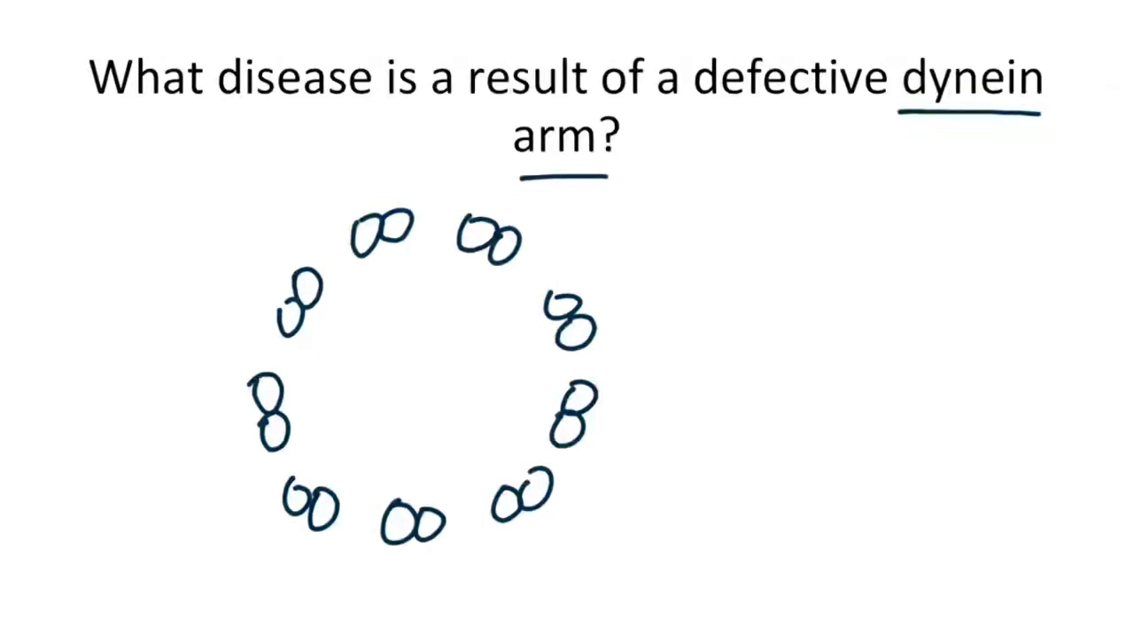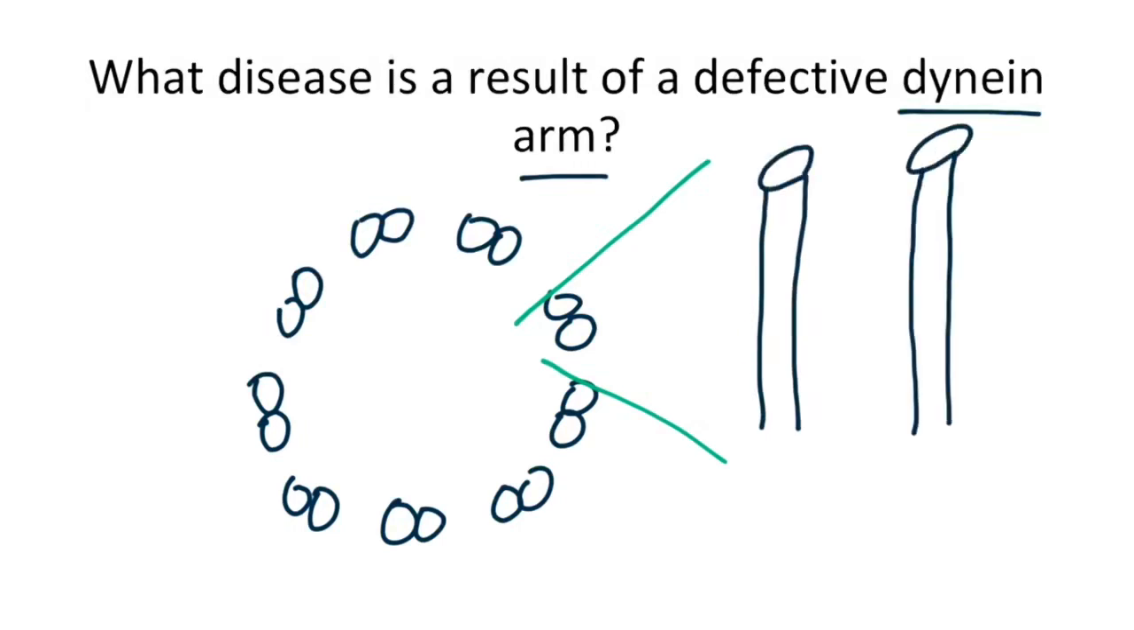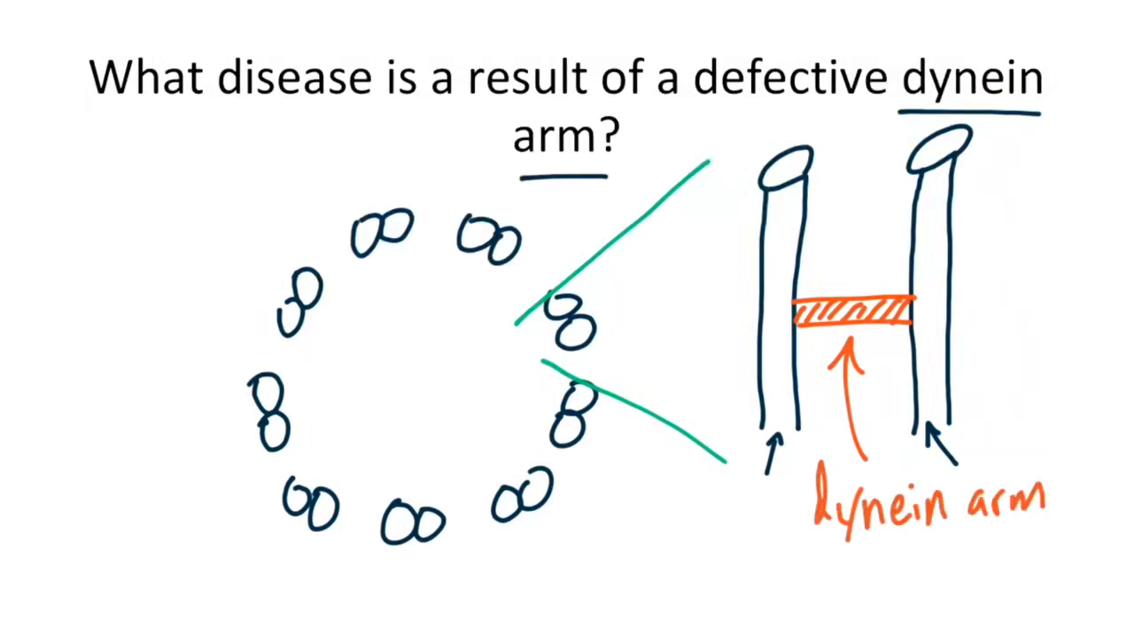So now let's zoom in on a pair of microtubules as if we were looking at them from the side. So you can see that these represent the microtubules, and this represents the dynein arm. Normally the dynein arm contracts and is responsible for allowing the cilia to beat back and forth. When the dynein arm is defective, the cilia are